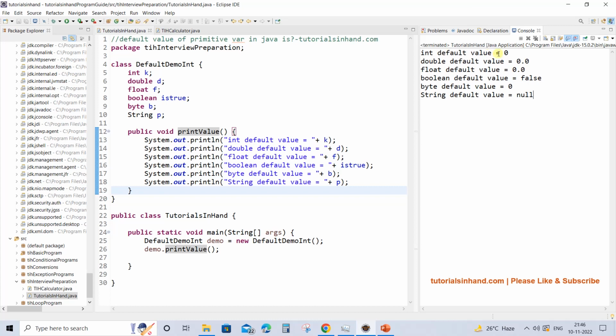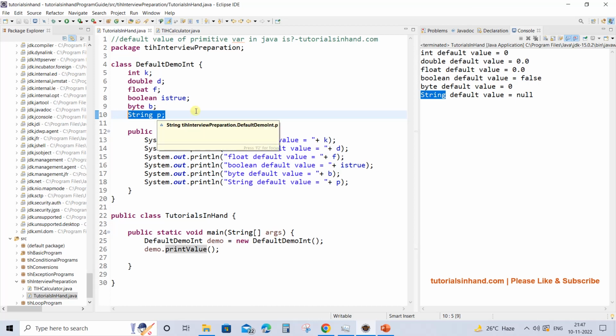Int is assigned 0 as a default value, double is assigned 0.0, float is assigned 0.0, boolean is assigned false, byte is assigned 0 as default value. String you should note down over here: string is not a primitive data type, rather it is a class, but we have included this one also because you need to know the default value for object reference as well.